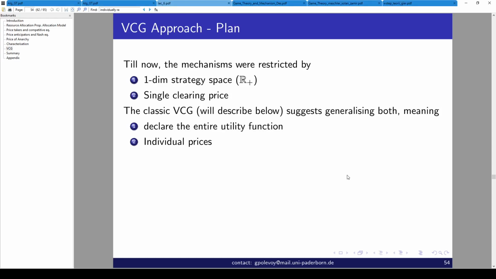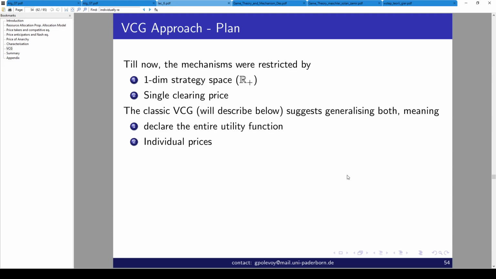So now I will take another approach, which is based on the famous VCG. The VCG is the abbreviation for Vickrey-Clarke-Groves approach, and we'll study what it means. Don't worry. So what basically has happened till now is that the mechanisms